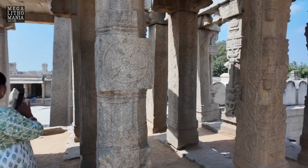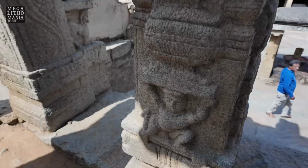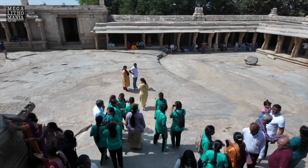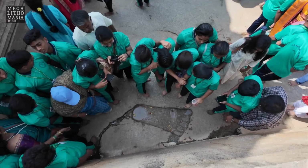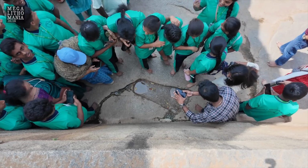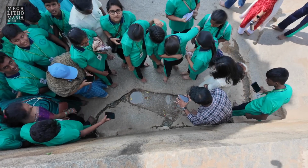So we're just walking through these pillars here. You just see many examples of stunning, beautiful carvings. We have almost like an Atlantean holding up the world. And we have spiral motifs. And down here, we have possibly the most interesting part of the temple. We have a giant footprint. And you can see crowds of kids swarming around it, paying their respects to the ancient giant gods who ruled